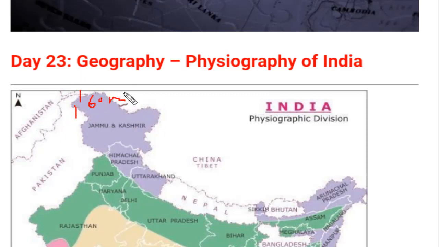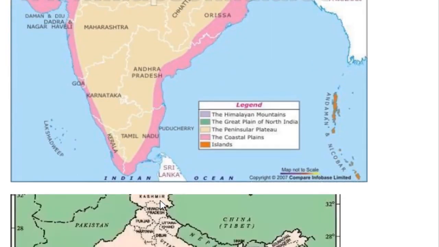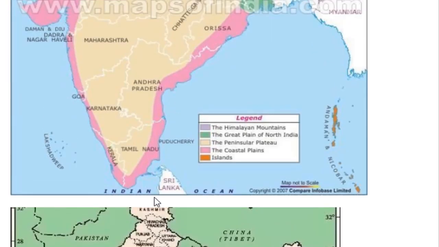Okay. What are the other facts that we need to know? There are some more facts. If we move to the southern part of the country, we can see Sri Lanka. Sri Lanka is also a neighboring country, which is divided from India by the Palk Strait and the Gulf of Mannar. These two, the Palk Strait and the Gulf of Mannar, divide India and Sri Lanka. Since there is a sea boundary between India and Sri Lanka, a water body and a strait divide India and Sri Lanka.